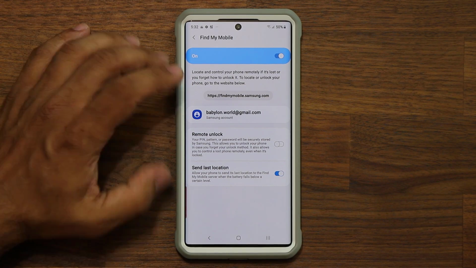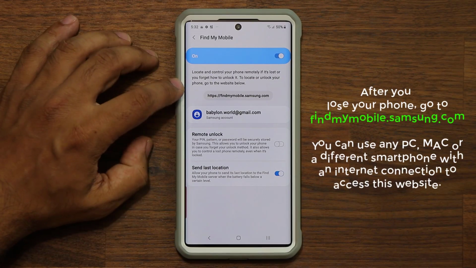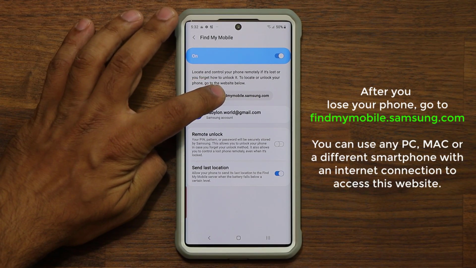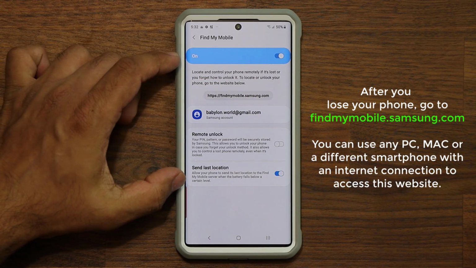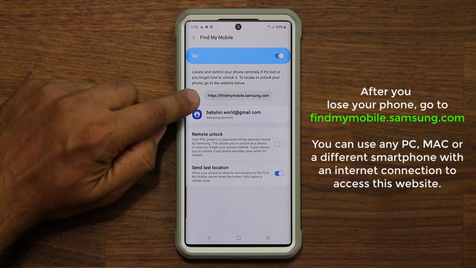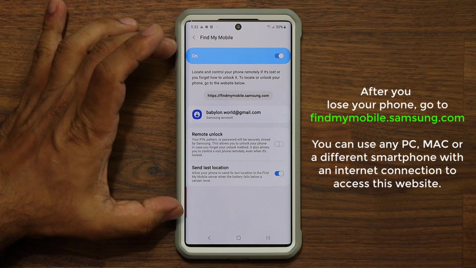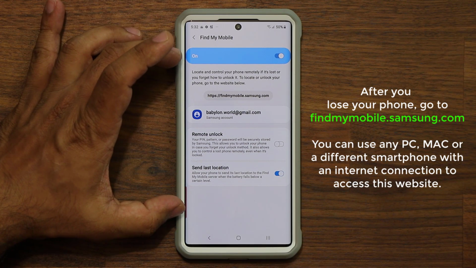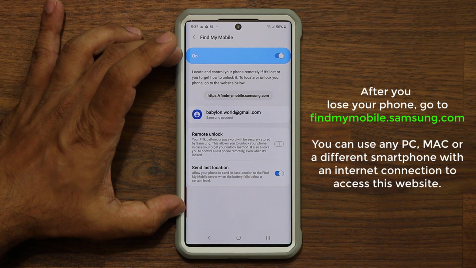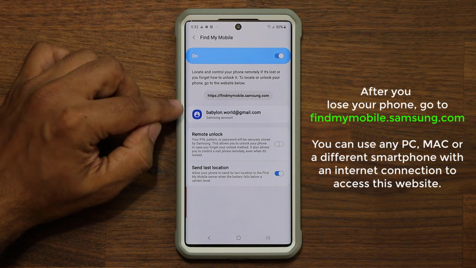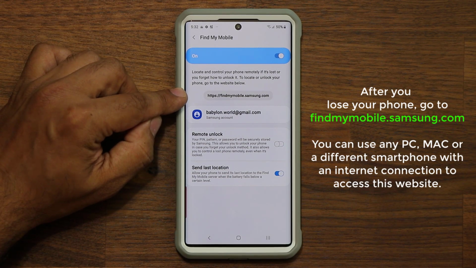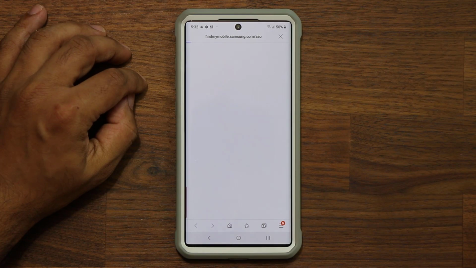Now, when you lose your phone, you're not going to have access to the phone. So you're not going to be able to go to findmymobile.samsung.com on the phone, obviously. But you can go to this website using a friend's phone or, in fact, a laptop. I'm going to use this phone just as an example so you can see the amazing control panel you get even if your phone was lost. So let's click on this one right here. It's going to go to